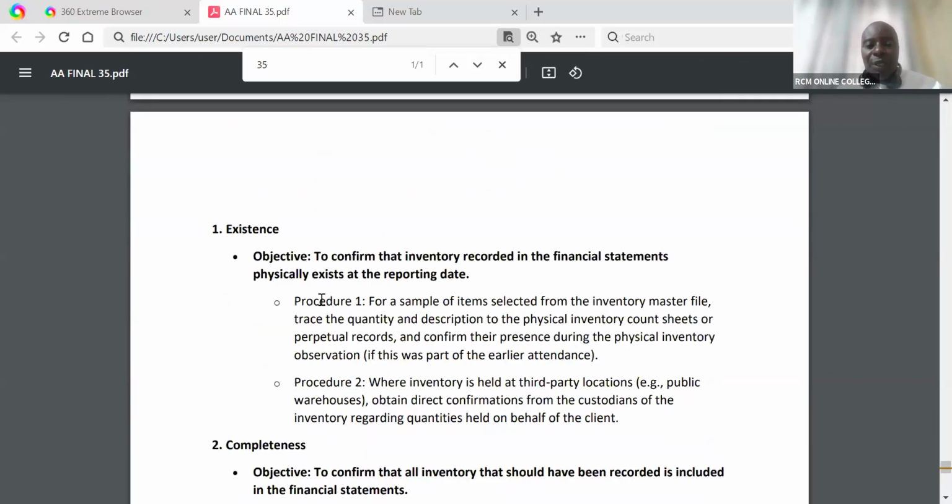So then the first procedure here is to test existence. Remember I told you, ladies and gentlemen, when we began these sessions, that assertions are as important as goalposts are to a footballer. It doesn't matter how good a footballer is, PSG, whatever, how well they can dribble the ball all the way to the high heavens, if they don't know how to pass the ball in,